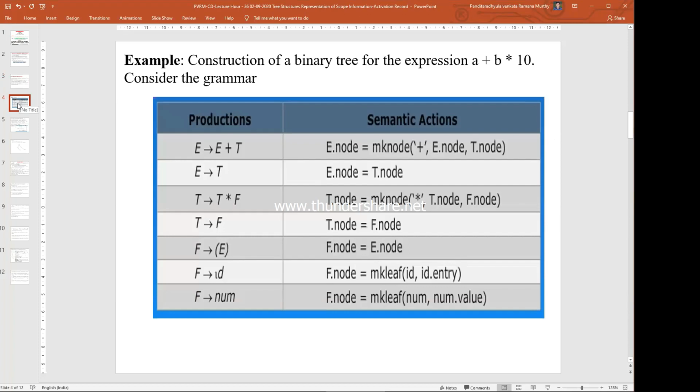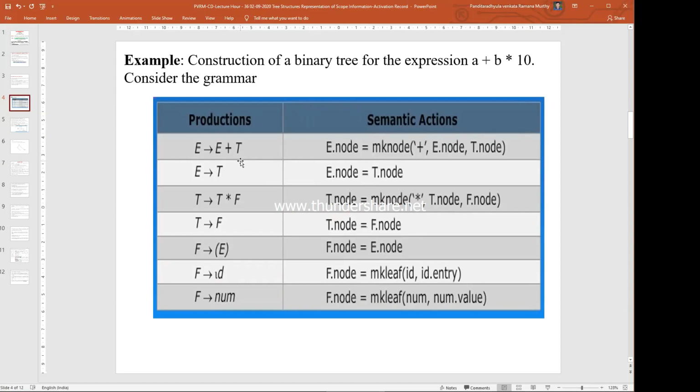In order to create symbol table entries in a hierarchical or tree structure manner, let us take a small grammar for creating a binary tree for the expression a plus b into 10. The productions may be E derives E plus T. What is it indicating? It has a plus operator and two operands.